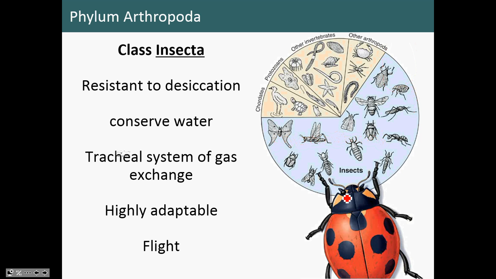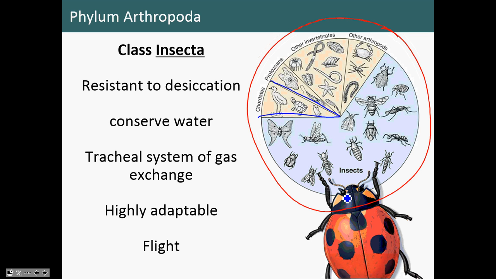Okay. So the next thing I want to talk about is a whole class of organisms that is really, really large and really, really diverse, and that's class Insecta. So if you look at all of the organisms, from the animal-like protozoans, all of the invertebrates, all of the vertebrates, as one big pie, chordates and vertebrates are in this slice. Protozoans are in this slice. All of the non-arthropod invertebrates, so everything we've talked about up until arthropoda, is here. The other arthropods, like the chelicerates and our crustaceans, are there. More than half of the pie is insects,